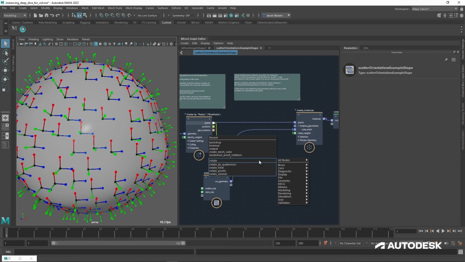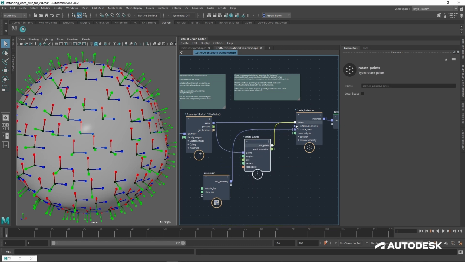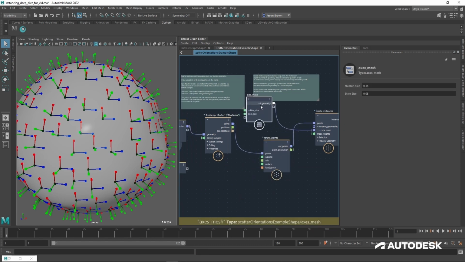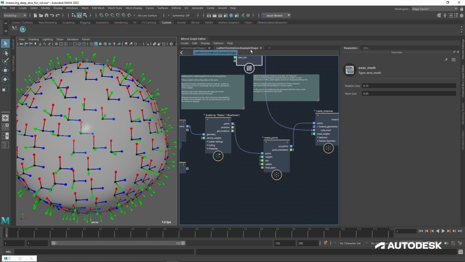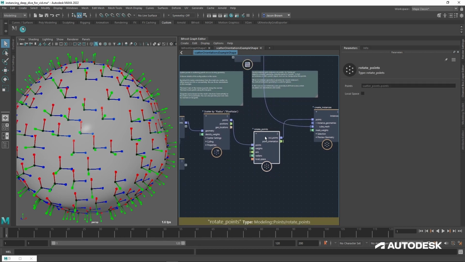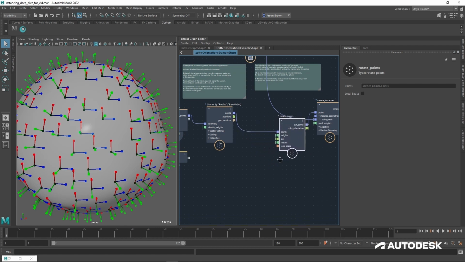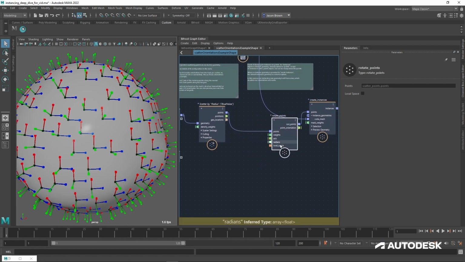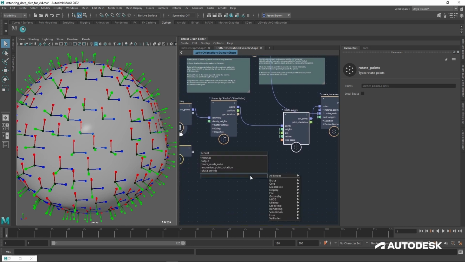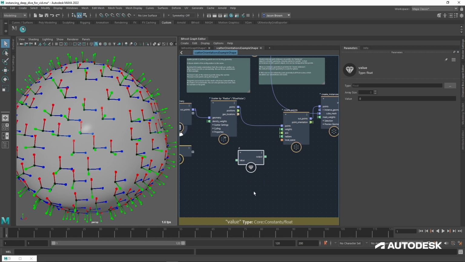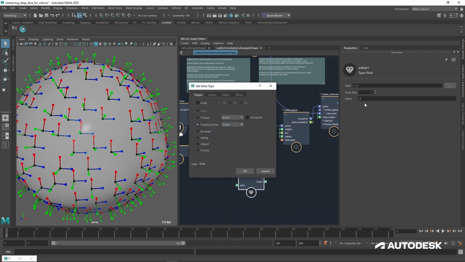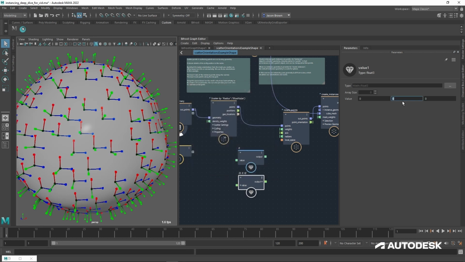Got another good node here, which is just rotate points. Get that done there, that in there. I'm going to move this axis mesh up for now because we're not going to change that. That's very handy to have. So I have rotate points here, and what rotate points gives me is it's asking me for an axis, and it's asking me for some radians to rotate. So what I'm going to do is give it a couple of value nodes, like that and that. I'm going to make one of them into a vector 3 to be precise, and I'm going to put the Y value of that vector to 1.